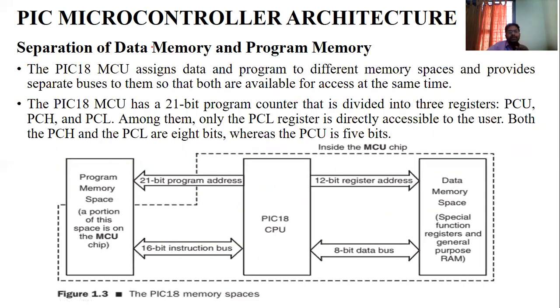See this: how to separate the data memory and program memory. This is exclusively for Harvard architectures. This is the CPU. On one side you connect the data memory, RAM, and on the other side you connect the program memory, ROM. Whenever you consider a program, it is considered read-only memory. RAM is random access memory; you can read the data and at the same time write the data. So this is the data memory, and this is the program memory space.